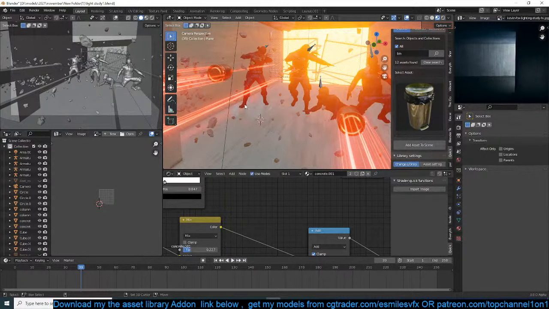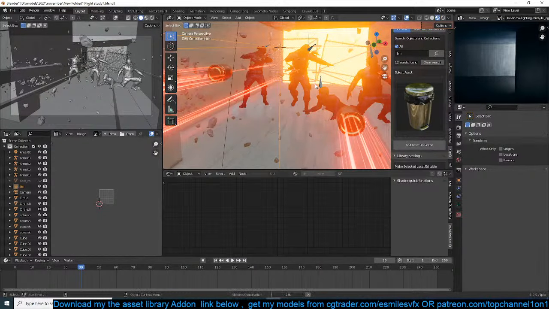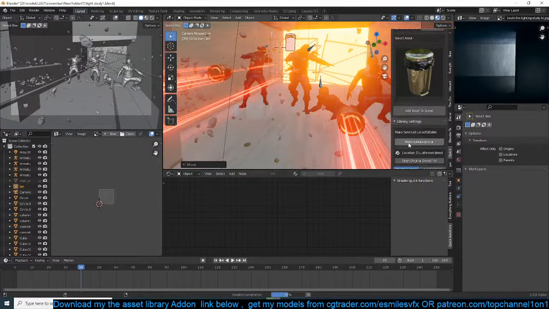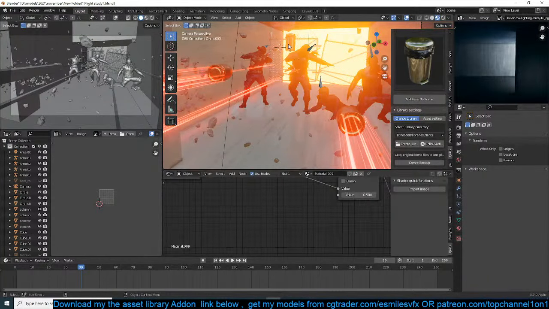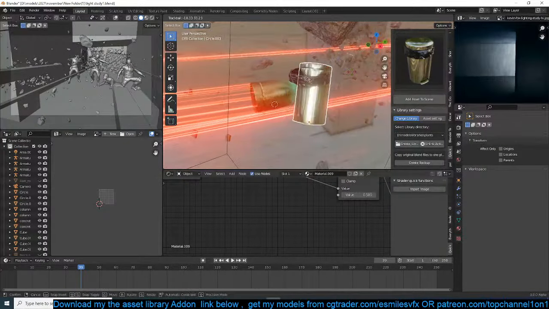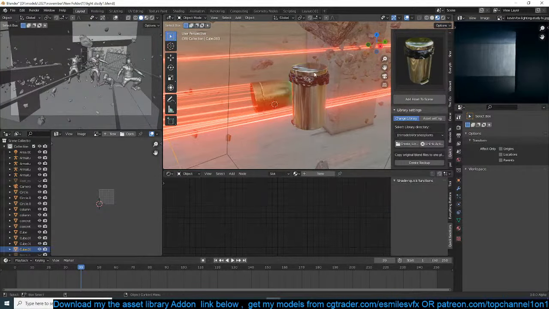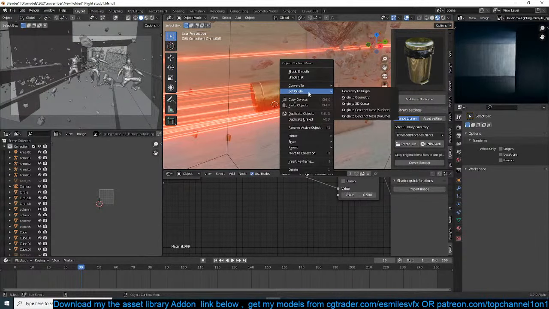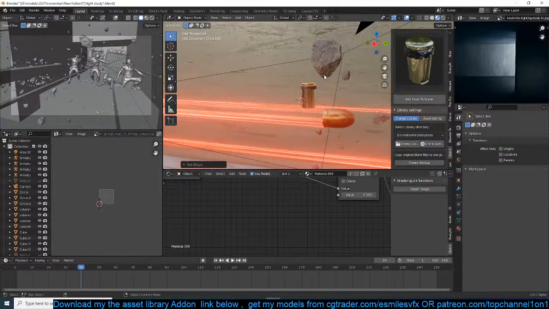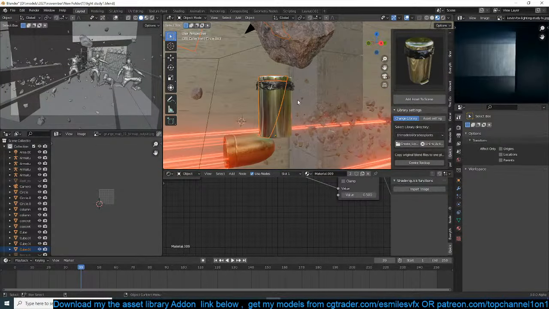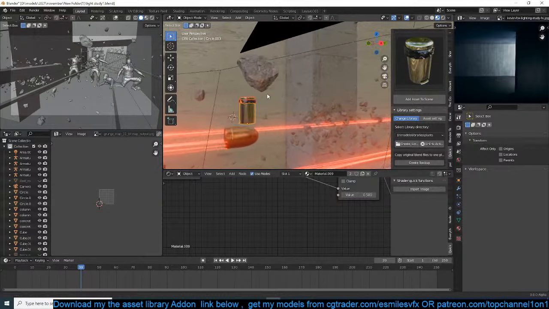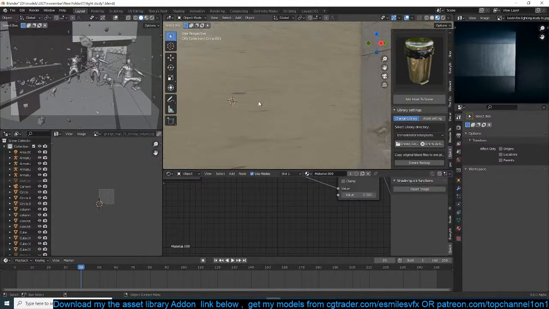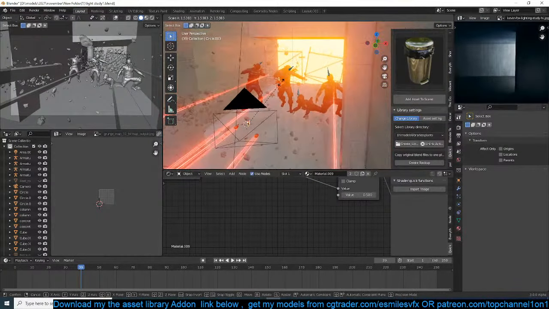I think I can add this floating in the air somewhere. Just make it editable. So I'll first separate the top part. This shouldn't be way bigger than